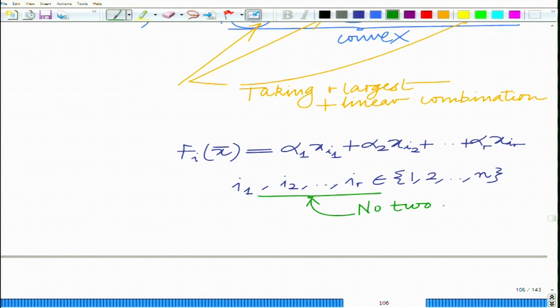All of them are distinct, which implies i1, i2, up to i_r are